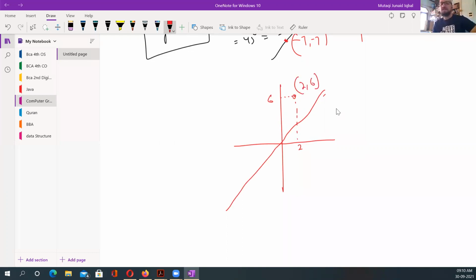If I want to reflect it, because x is 2, y is equal to 6, then after reflection across this line, over this line which is y is equal to x, what will the coordinate become? X will become, after transformation, it's called reflection, x becomes 6, y becomes 2. That means x becomes 6, 2, 3, 4, 5, 6, say for example here, and y becomes 2, so it comes